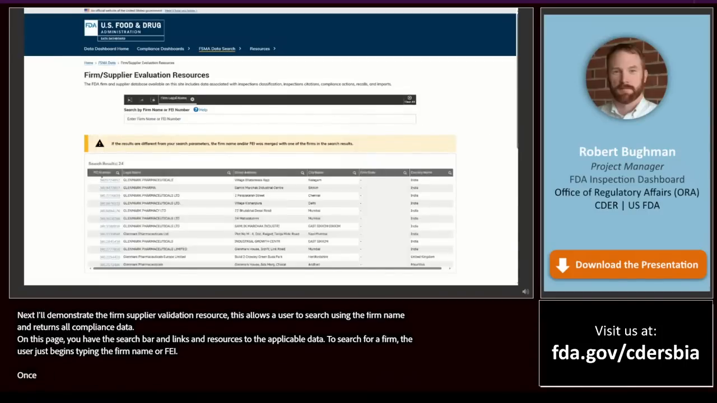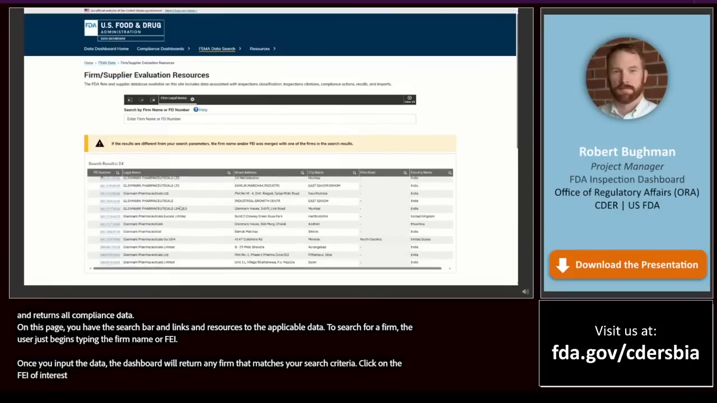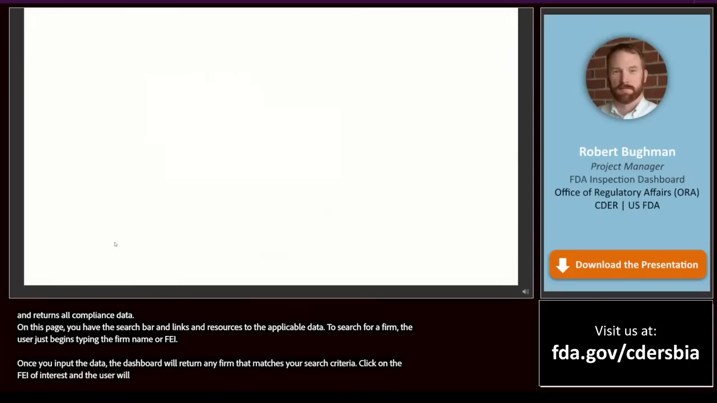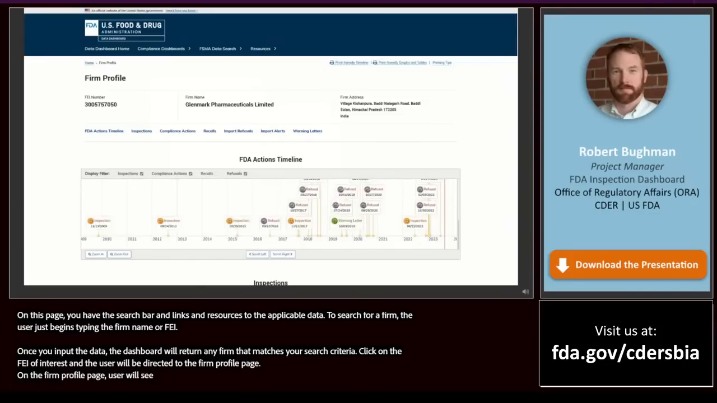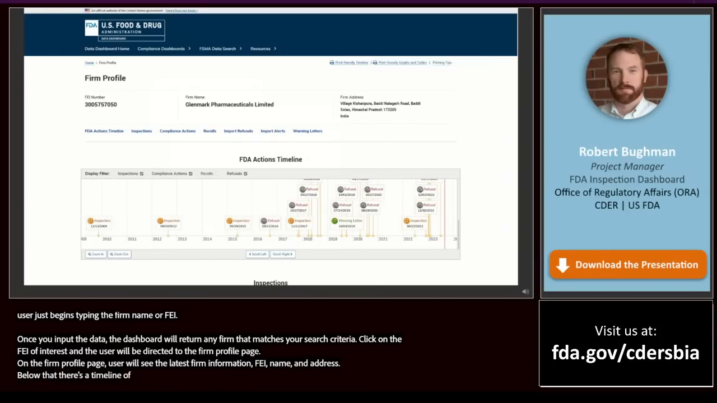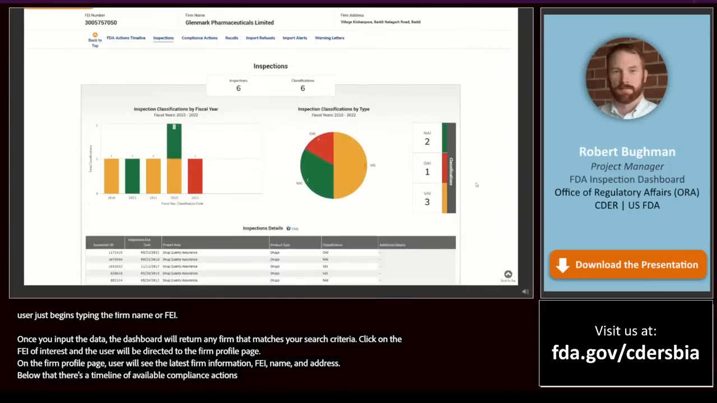Once you've inputted the data, the dashboard will return any firm that matches your search criteria. Then click on the FEI of interest in the results table, and the user will be directed to the firm profile page. On the firm profile page, the user will see the latest firm information, FEI, name, and address. Below that, there is a timeline of available compliance actions, then details on any inspection,